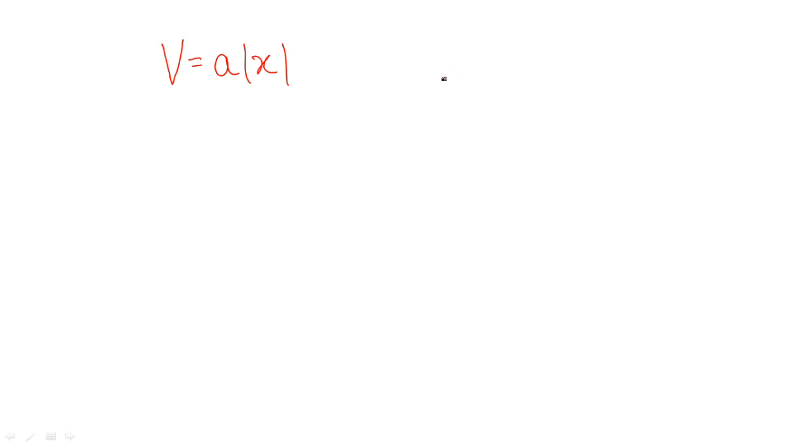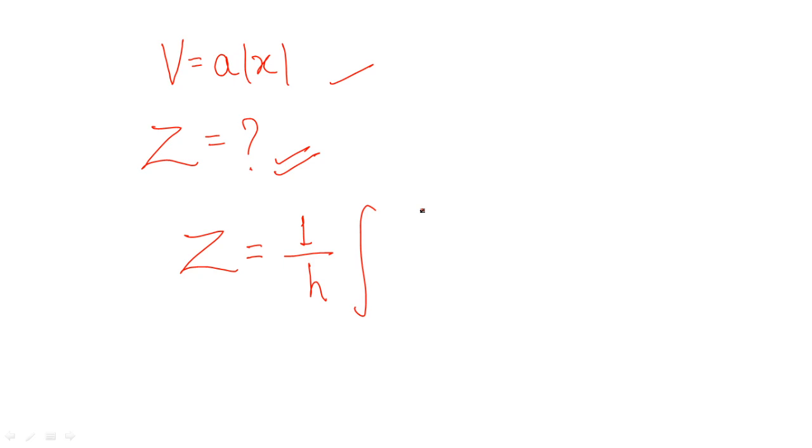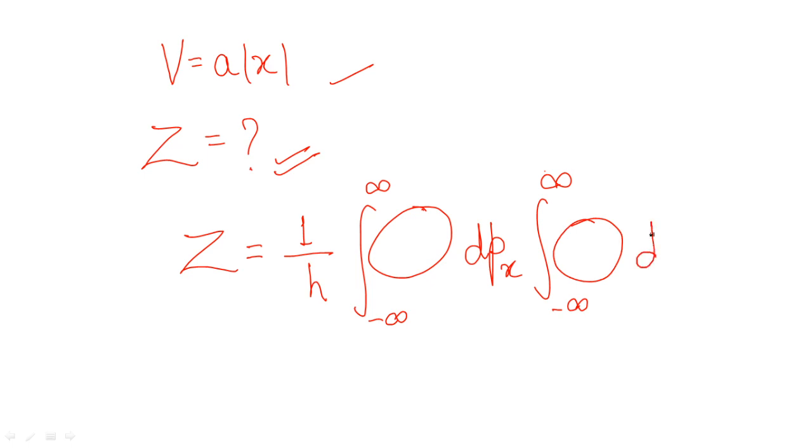So what you have to do in this case, if you need to find the partition function, okay, is this video about the quick concept. Clear? So I am going to now let you know what will be the steps which you will take to solve any such question when the potential expression is given to you and you want to find the partition function. So the main formula which you have to use in any of these cases is 1 upon h, integration minus infinity to plus infinity, first term here dpx, integration minus infinity to plus infinity, second term here, and dx.